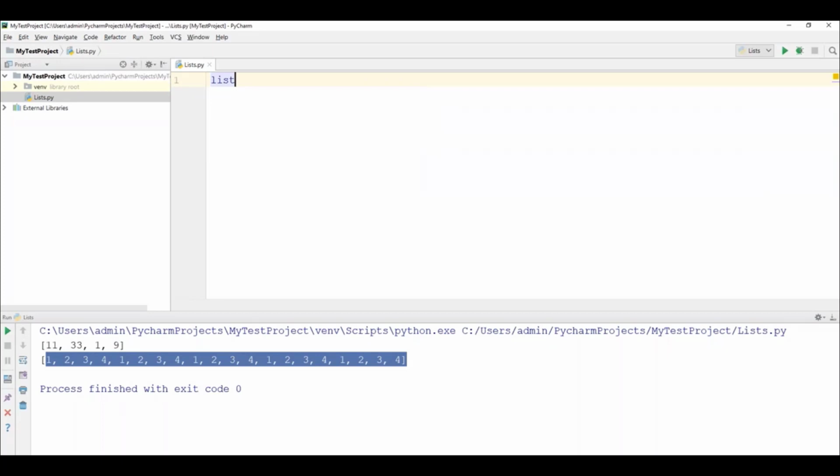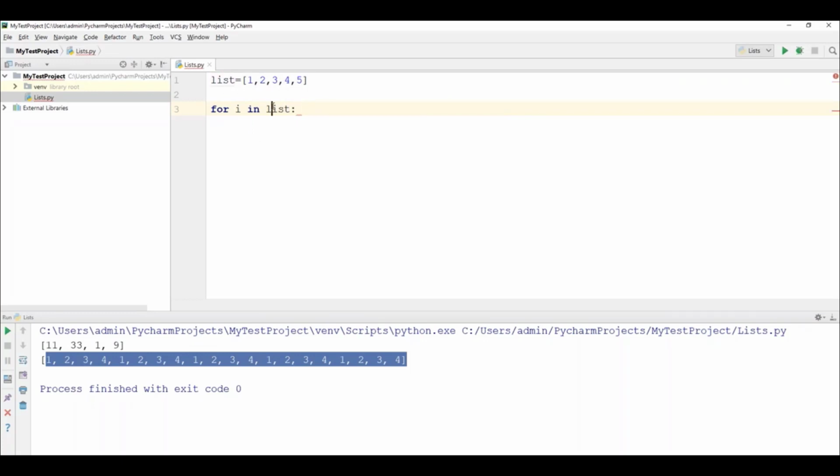So I will first create a list variable. Let's say this list contains a few values: 1, 2, 3, 4, 5. So currently I have 5 values in the list. Now here I will write one for loop. Observe this carefully. When I say for, I need to take a temporary variable, right? For i in list variable, and colon.